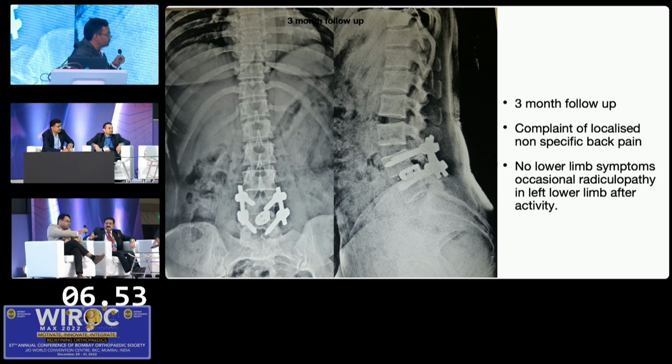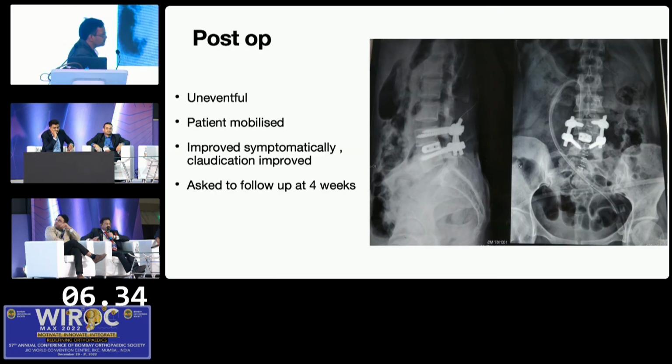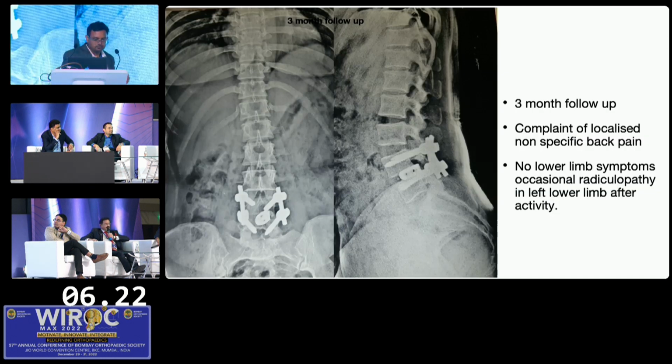Sir, because the patient has minimal symptoms at this stage, what would be your approach? Generally, the surgeon has a tendency to put a larger and longer cage, and this is what happens. If you look at the post-op X-ray of this same patient, the cage was actually out. It is going beyond the posterior margin of the vertebra, and as per the X-ray, it doesn't look like it is compressed. So there are very high chances the cage will migrate posteriorly. This is what happened after maybe 3 months and later.